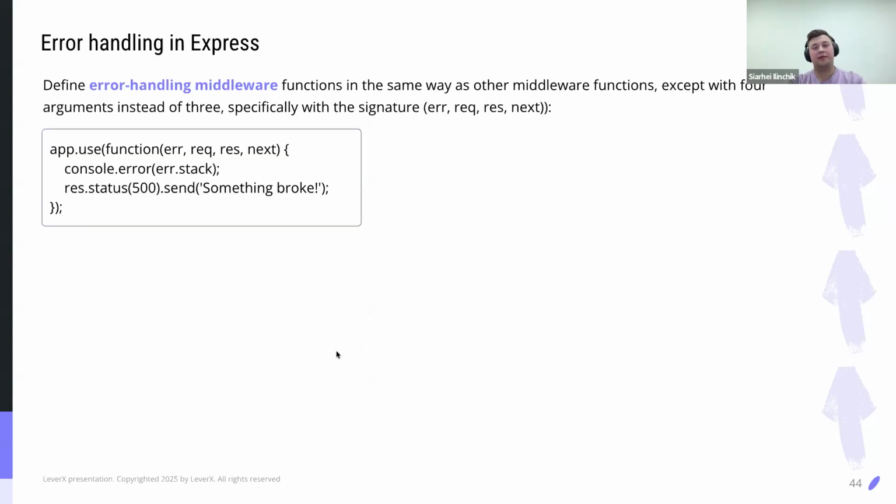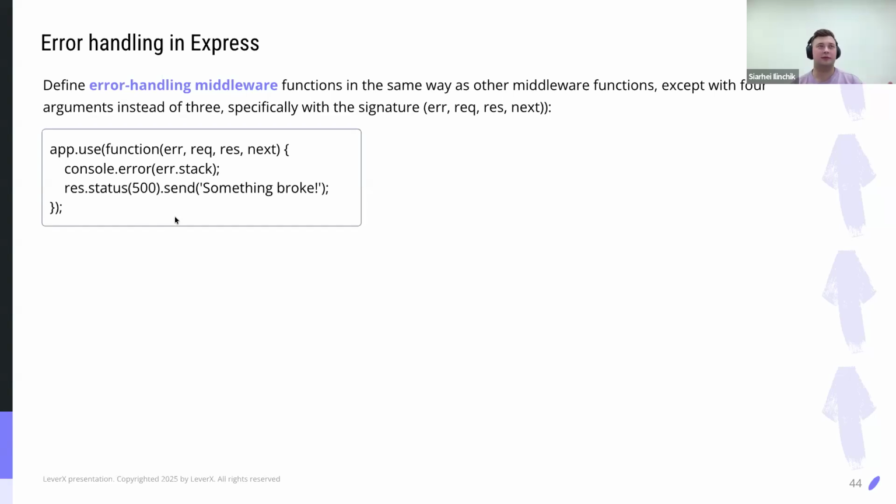Okay, and we have the special type of middleware. It's the error handling middleware, and it's special because instead of receiving all the normal things, we're receiving an error as the first argument. And only at the end, we have request, response, and next. So what is this middleware even doing, you might be wondering? Yeah, this middleware catches every error which was being thrown